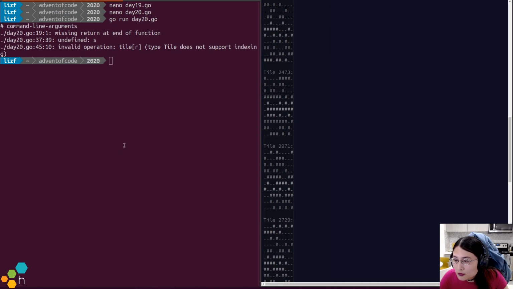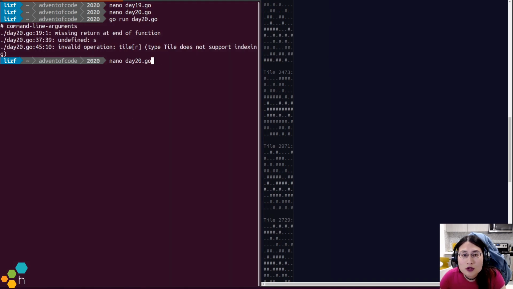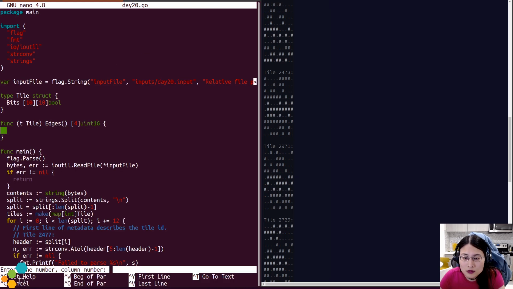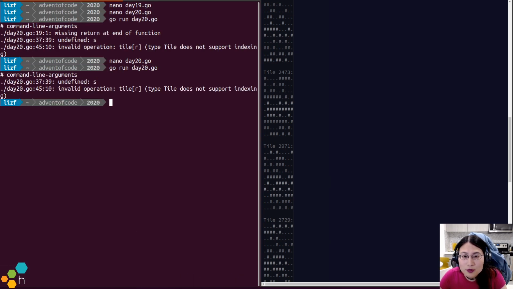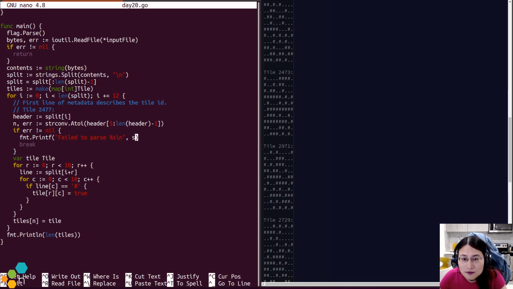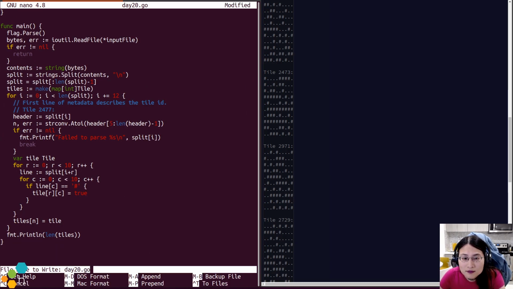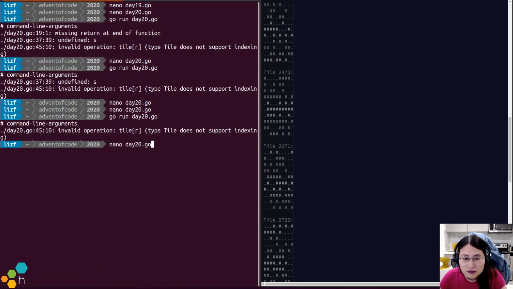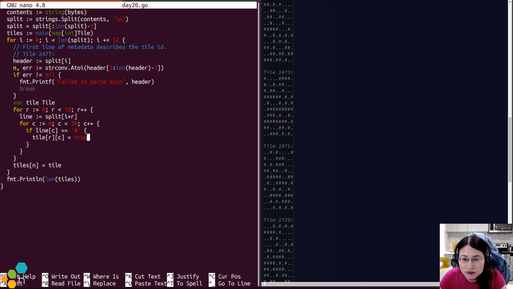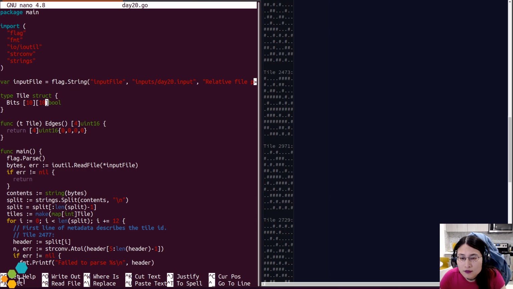Okay. Oh. Fill that in the boilerplate for now. Why does tile not support indexing?